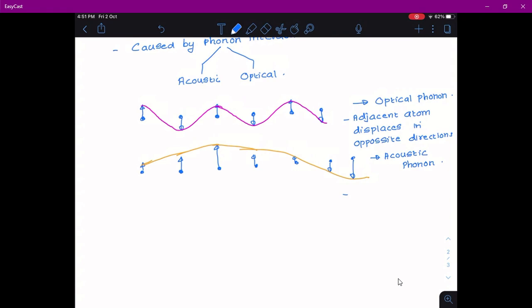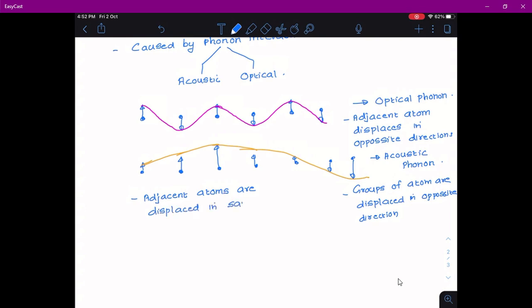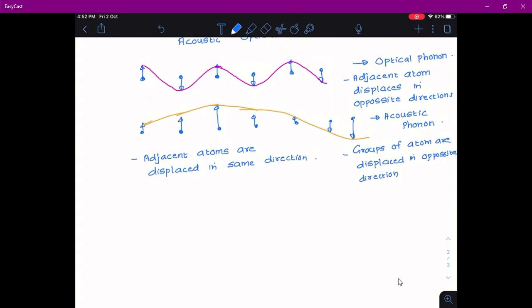Okay. So it says groups of atoms are displaced in opposite directions, and adjacent atoms are displaced in the same direction. If you consider a first group and a second group, the first group will be displaced in one direction, the second group will be displaced in the opposite direction. But if you consider only the adjacent atoms, apart from a few, all the other atoms will displace in the same direction. And the homogeneous line width